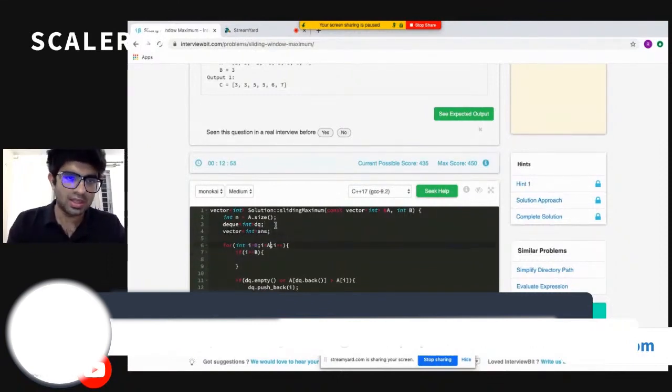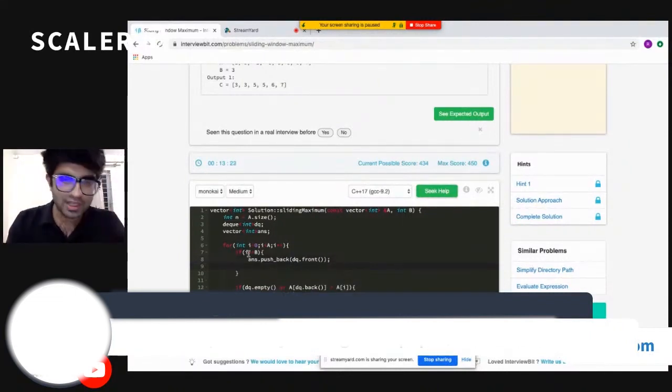If I end up with an index greater than or equal to B, it means that we just completed one window. So I can add the answer for that window to my answer vector, which will be the front of my deque, as I already discussed. So it will be my front.